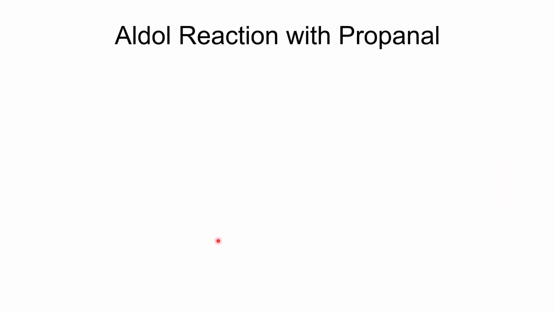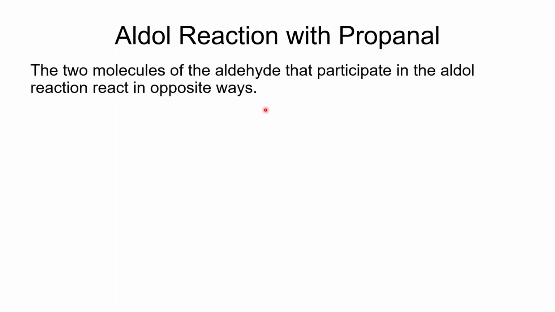So let's look at another example. This time we're going 1 carbon bigger, and when we go 1 carbon bigger, it's going to be propanal instead of acetaldehyde. So we'll take 2 molecules of our propanal,